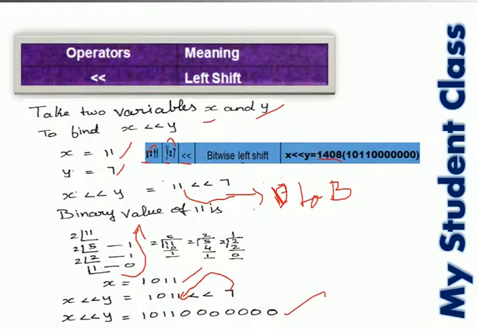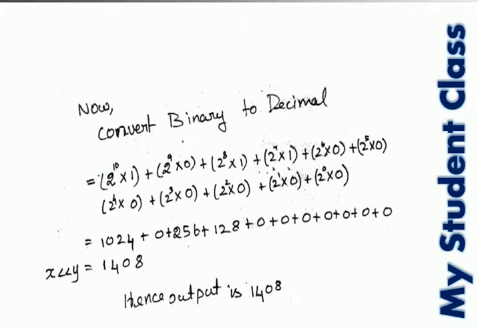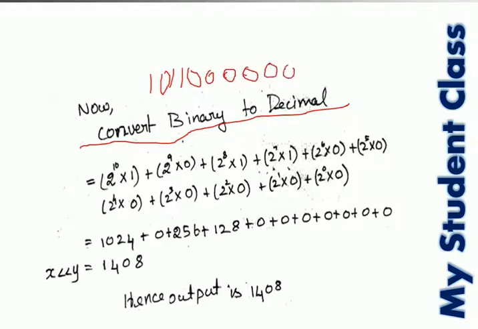Now this is in binary form, and we want to change the binary value to decimal. So we are going to use the concept of converting binary to decimal. For that, we take our x << y, the left shift value, which is 1011 and 7 zeros: 1, 2, 3, 4, 5, 6, 7.